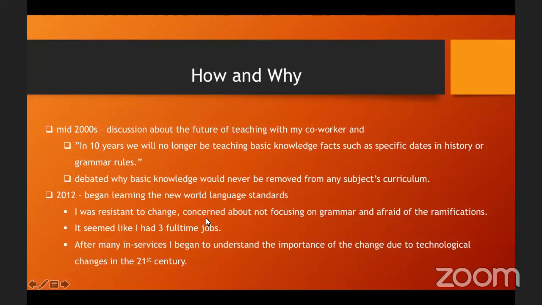And I was so surprised when I realized that, okay, in 2012, our standards started changing. And like a lot of my coworkers, I was resistant to the change. I was concerned about not focusing on the grammar and what that was going to do to our program. And then as I began making these IPAs that we needed to for the language standards,